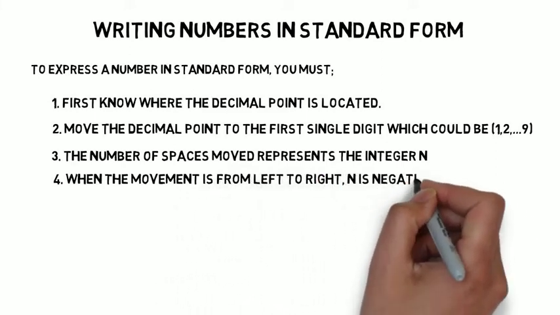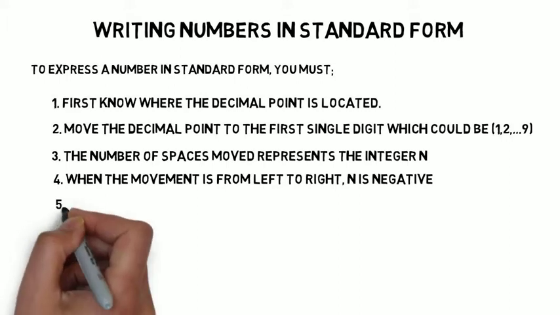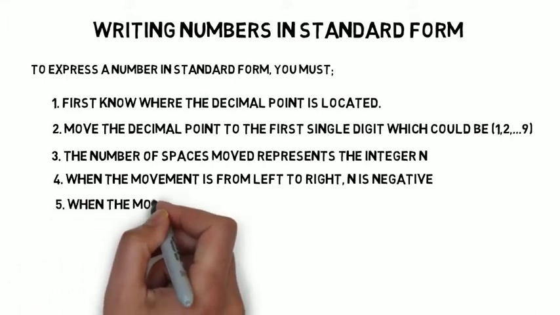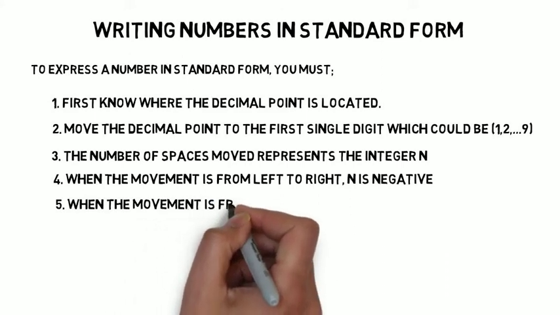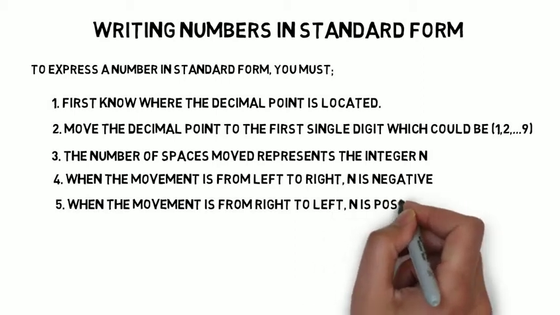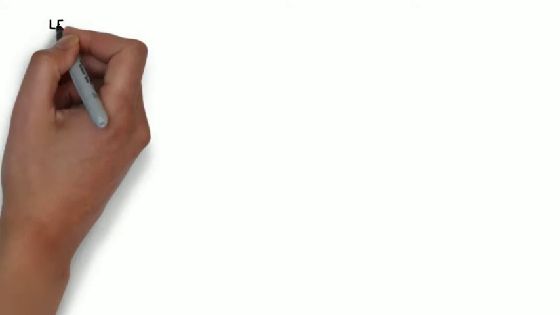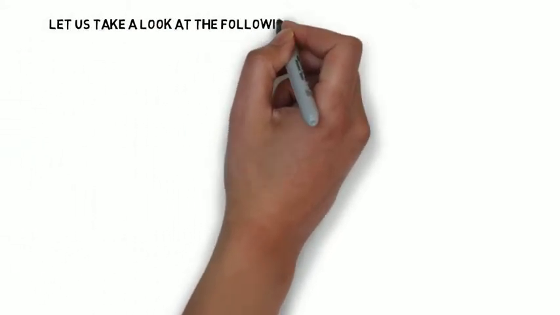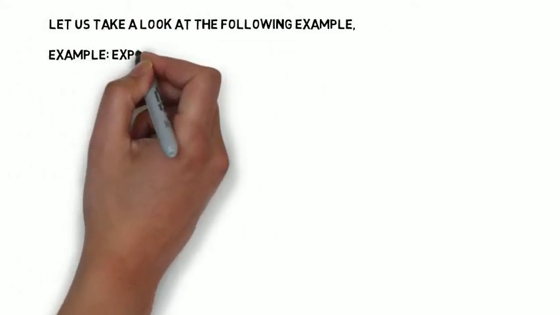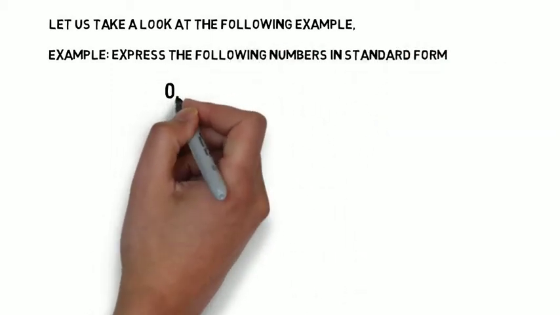That is, when you move from where the decimal point is located from left to right, then your integer n will be negative. And when the movement is from right to left, n is positive. Let's look at some examples. Express the following numbers in standard form. 1. Given